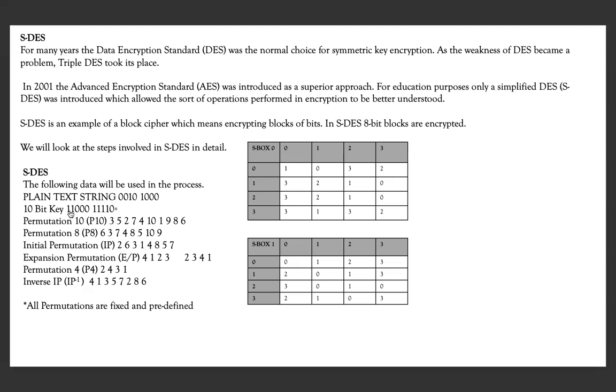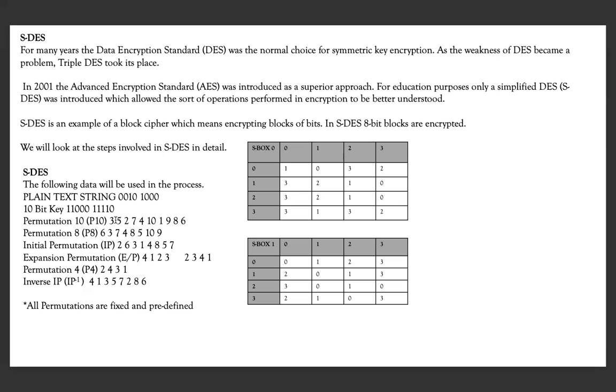And the first step involves creating 2 keys from this one plain 10-bit key. This is known as permutation 10. You will be hearing this term permutation a lot throughout this whole technique. We've got permutation 10, permutation 8, initial permutation, inverse permutation, permutation 4, expansion permutation. We'll be seeing these terms a lot. Basically, what permutation means is the order of bits. So basically, permutation 10 means